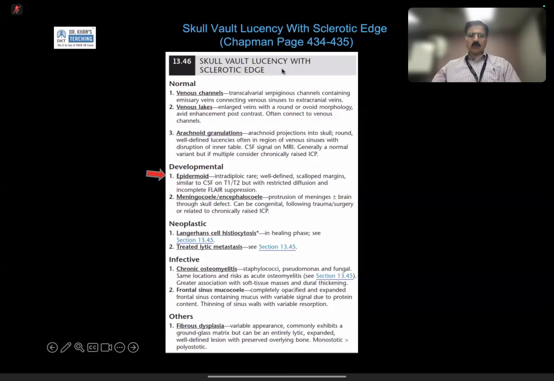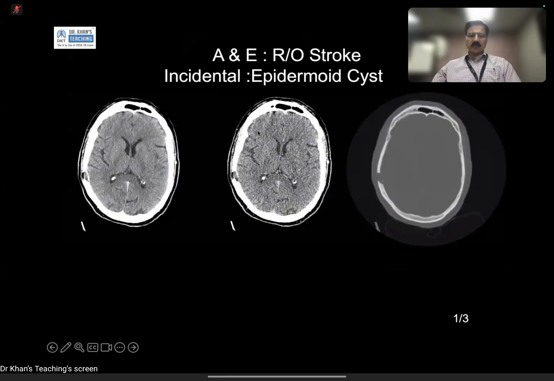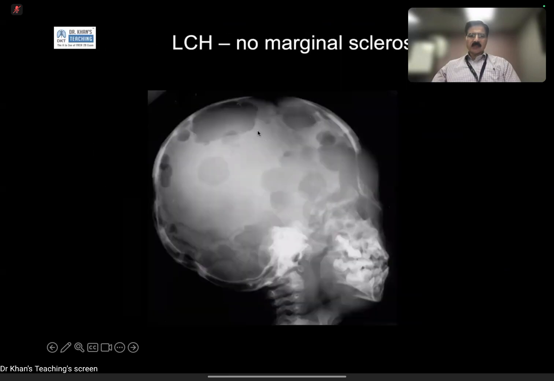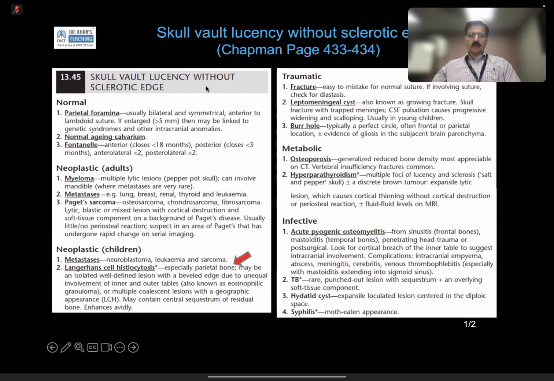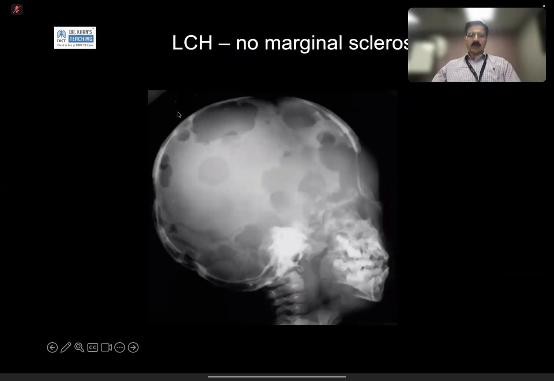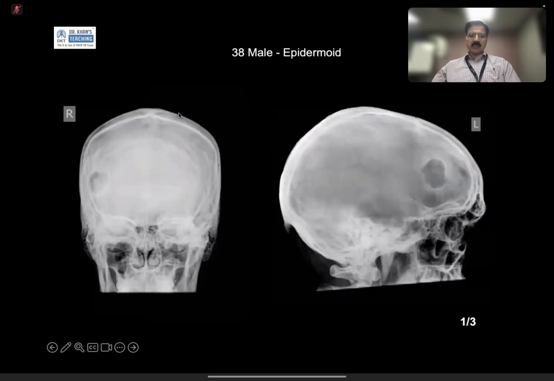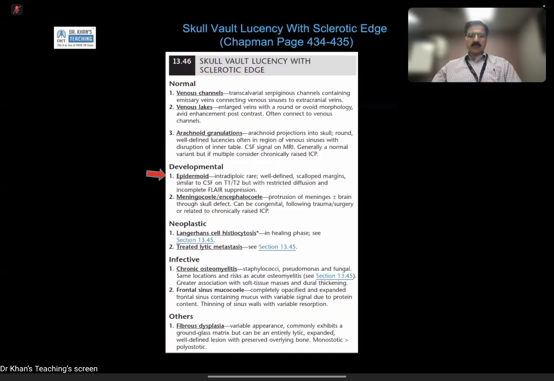One is skull wall lucency with sclerotic edge, and then another one is skull wall lucency without sclerotic edge. The sclerotic edge means that it's a slow growing lesion, unless it is an aggressive lesion, then